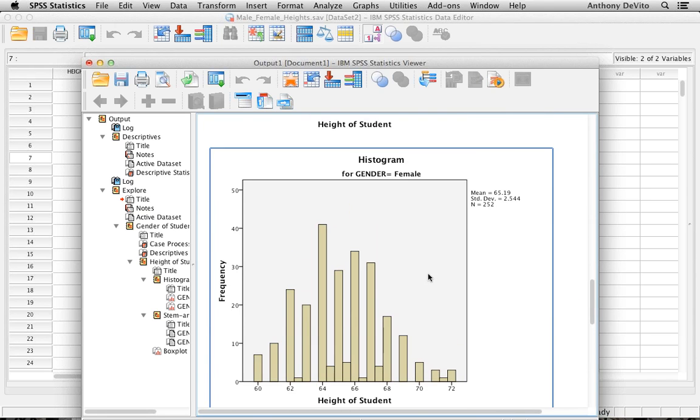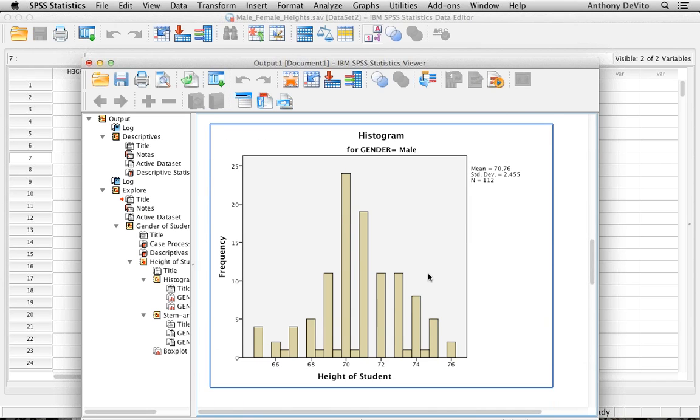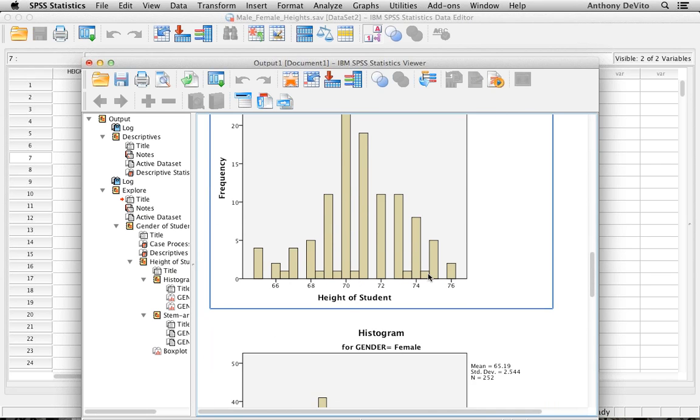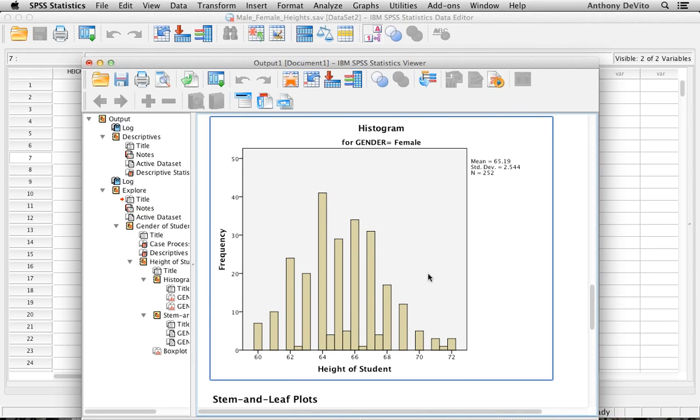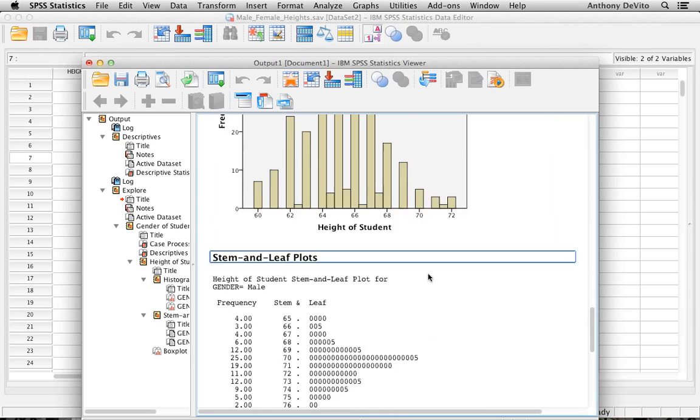Okay, so histograms give us a quick look at the data and allow us to visually understand how the data is distributed. Okay, and